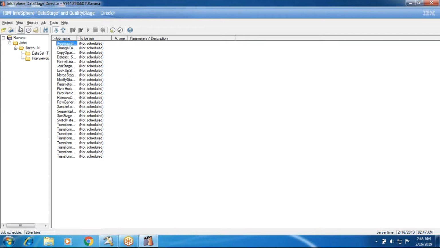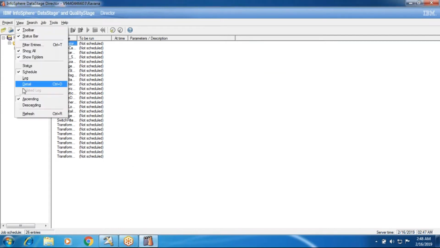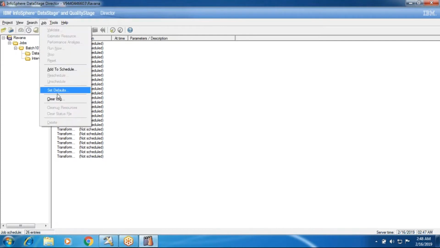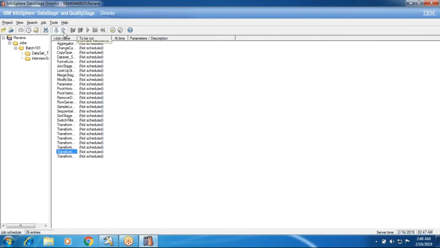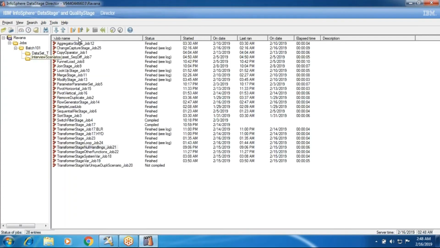This is the way you can schedule, and in the view tab you can list out the jobs in ascending order, sorting, and status. All this information you can see. It's not a big deal, and you can have the log and clear log. Some director concepts you have, but you don't need to do it here. So this is about the director concept,